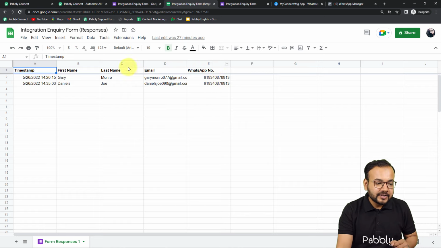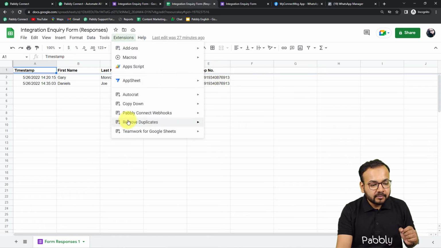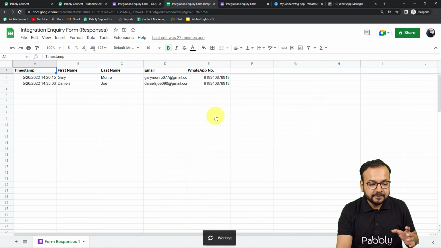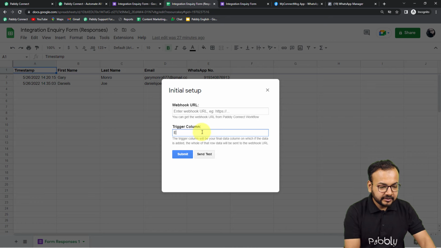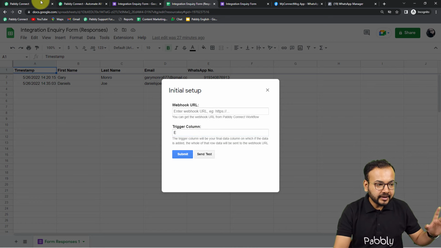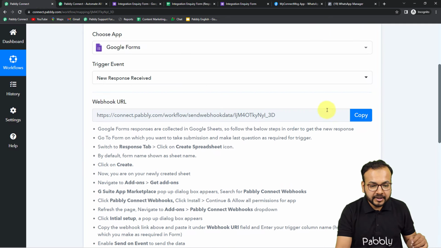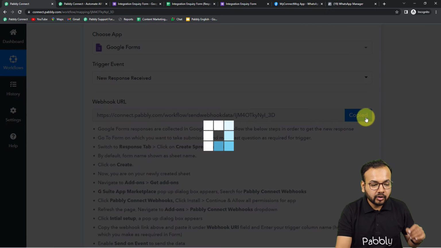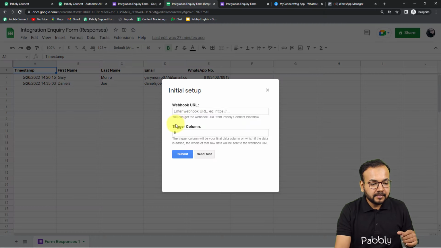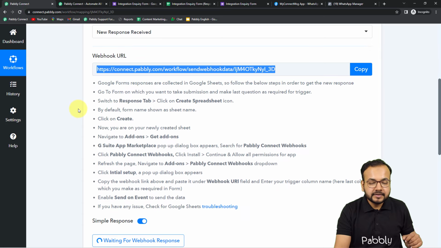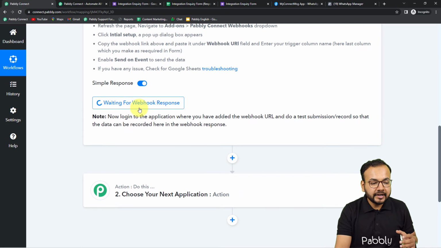Okay, so click on extensions, Pabbly Connect webhooks, initial setup. In the trigger column put E. And now let's go back to the workflow and copy this webhook URL from here. Click on copy, go back to your spreadsheet and paste the webhook URL here like this. And here you can see, as I have copied this webhook URL, it started showing waiting for the